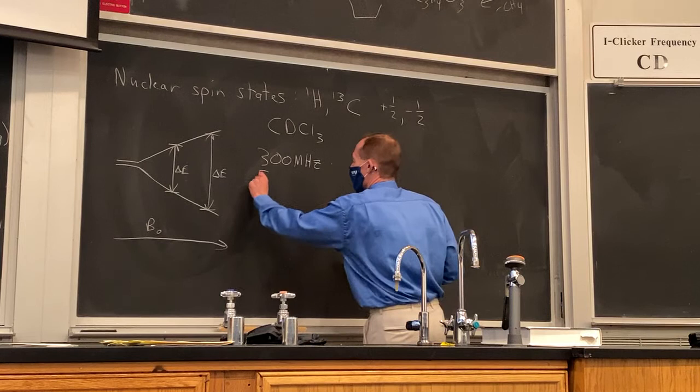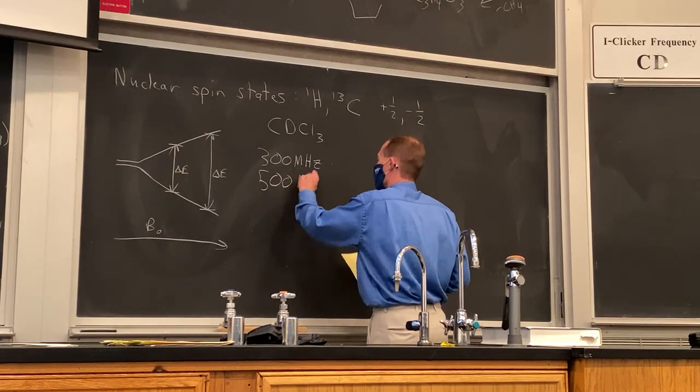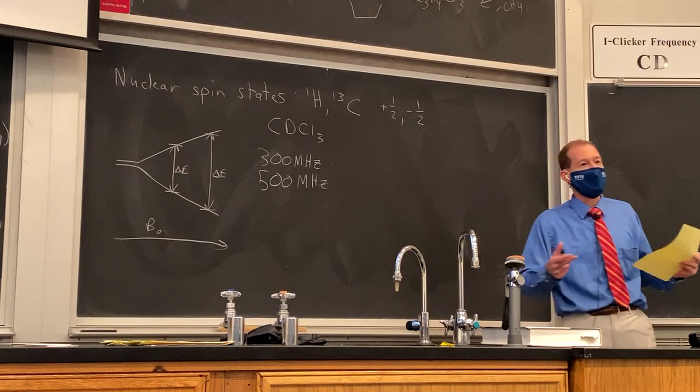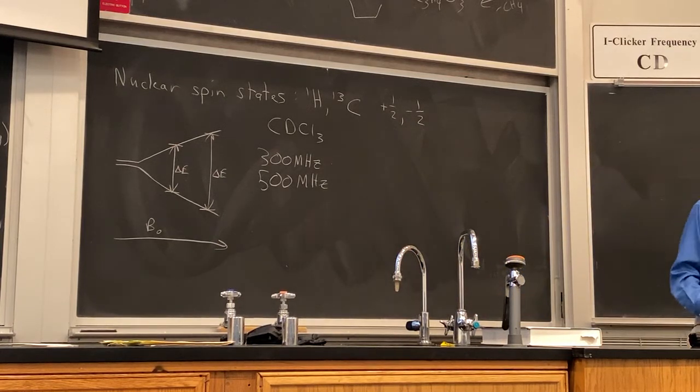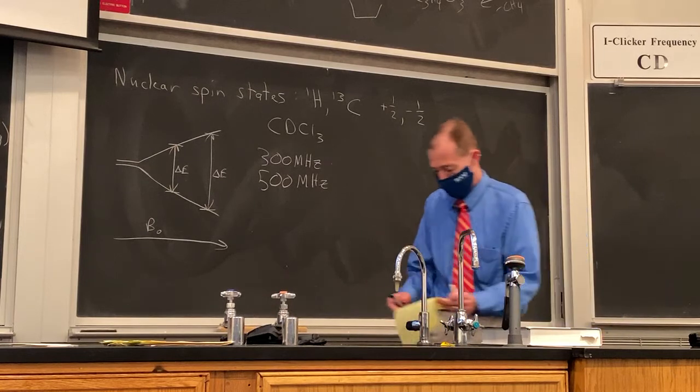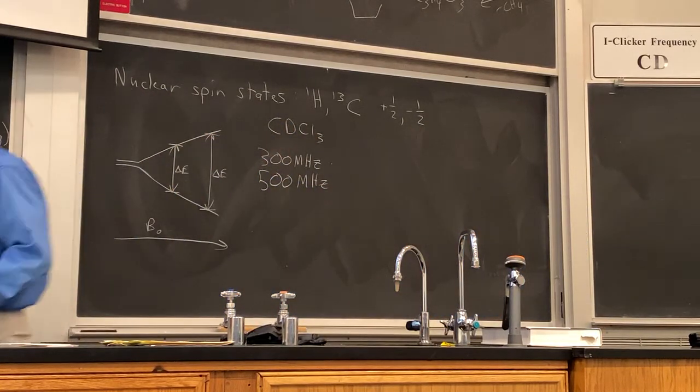A 500 megahertz magnet is stronger and will have a bigger difference in energy between those spin states. Okay? At BYU, we have 3 NMR spectrometers. We have one that's 300 megahertz and 2 that are 500 megahertz. Right? These are pretty strong magnets. You don't want to get close to them with credit cards or keys or anything like that. Okay? All right, so let's take a look at a spectrum